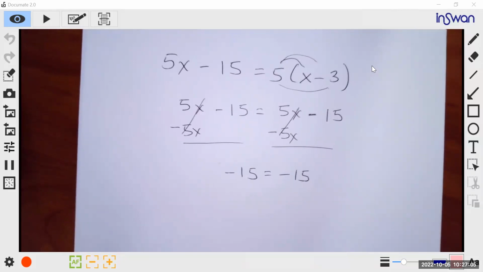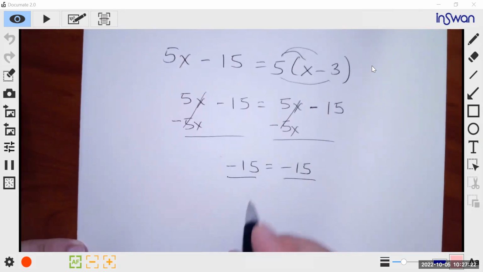Once the variables disappear, notice there's no more x's in the equation. Once it disappears, we're either going to have infinite solutions or no solutions. Does negative 15 equal negative 15? Yeah. So that means we have